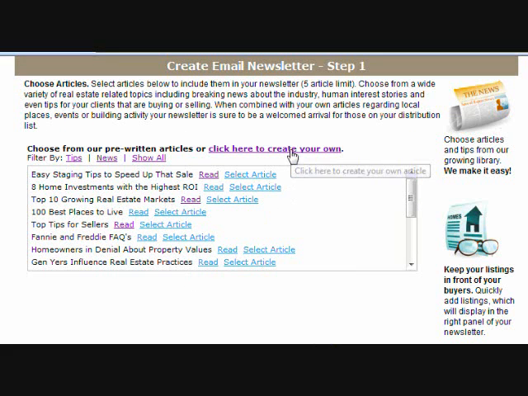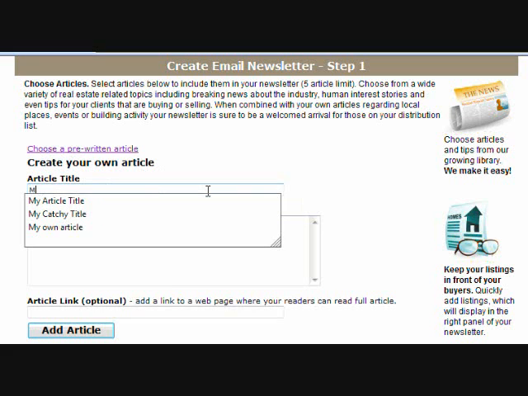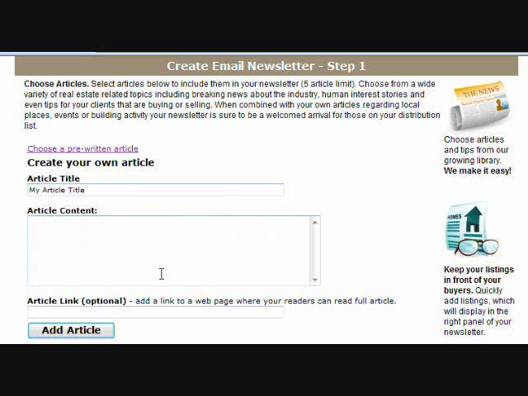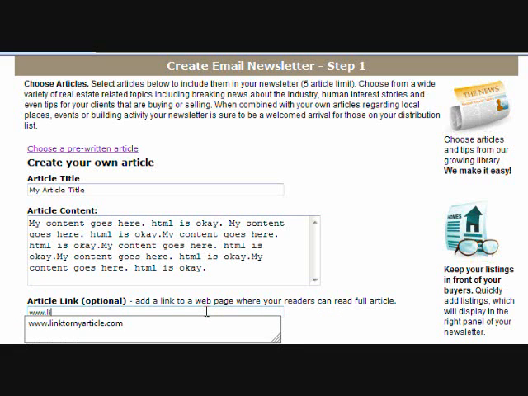You can also create your own articles by clicking on the link at the top of the page. Simply add a catchy title. Make sure to include interesting content to engage your readers. This area is perfect for providing localized information or announcements to your readers. If you're familiar with HTML, you can enter it right into the box there. You can also add a link at the bottom which will send your readers off to further details or information